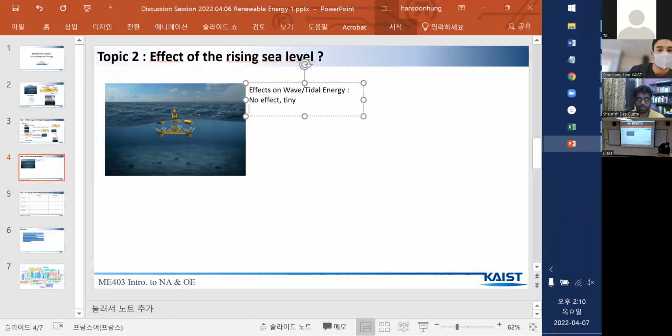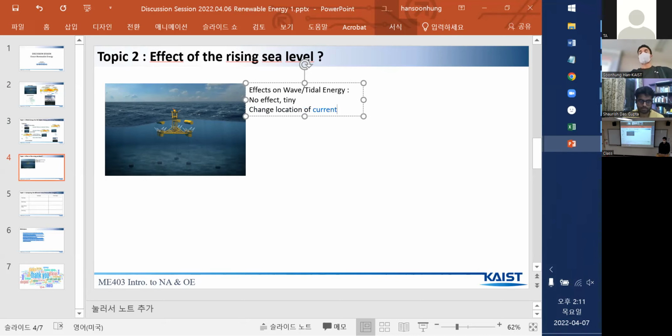I'm assuming that with increasing sea level, the sea currents or ocean currents can change, or they might change. So we cannot use the old currents to harness energy. We need to figure out new currents. So a change in the location of the currents, that's what I'm saying. I'm not too sure, I'm just assuming.